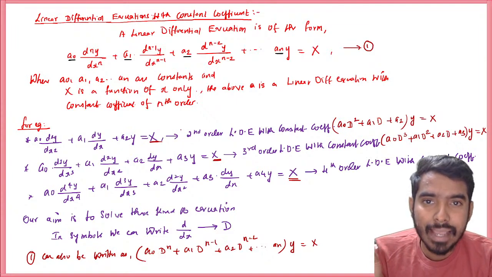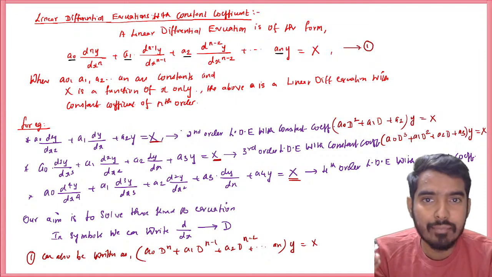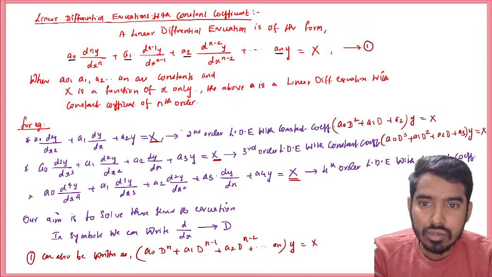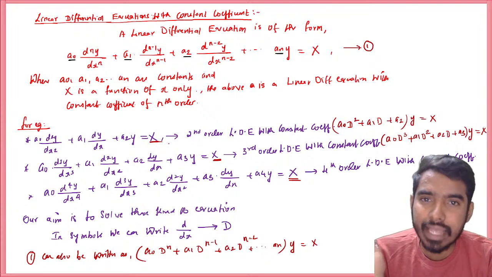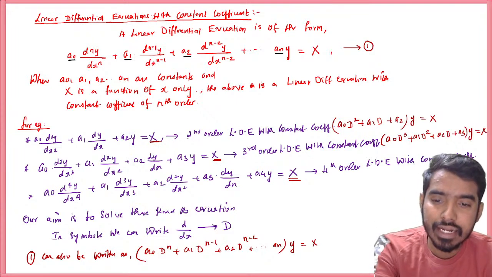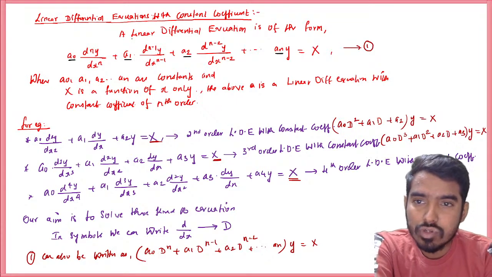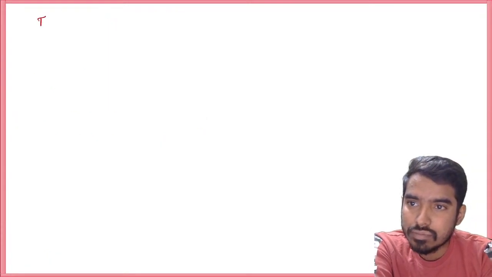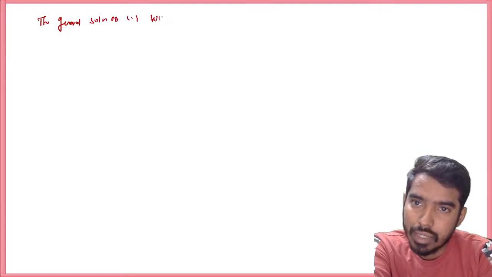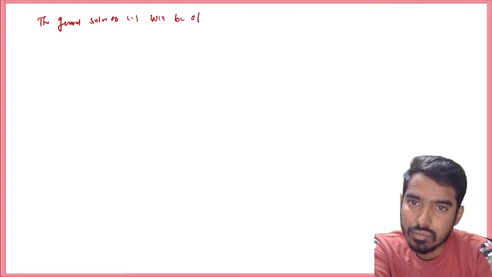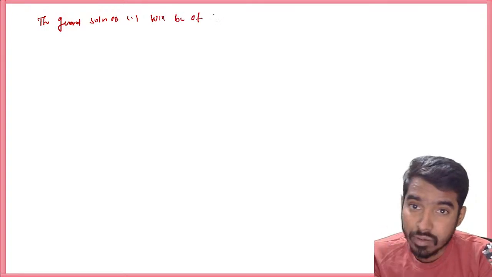Type 0, type 1, type 2, type 3, type 4, type 5, and so on. Depending upon the value of X, we're going to classify them into different types. Before that, the general solution of one will be of the form,